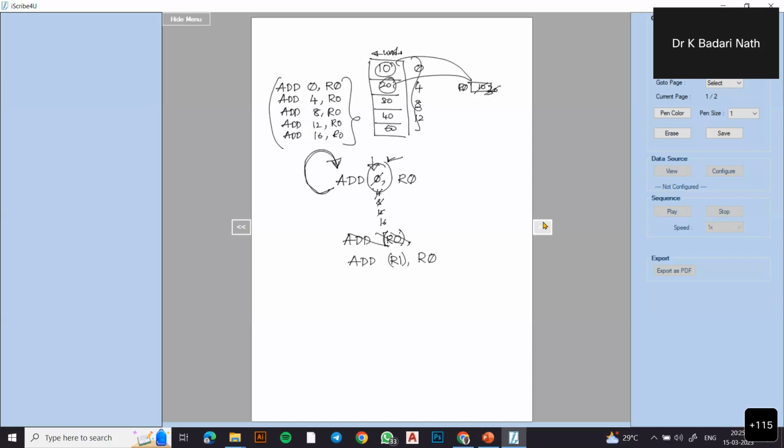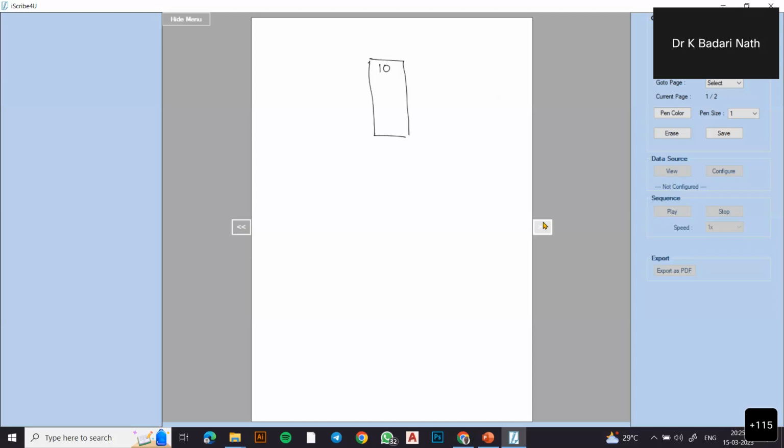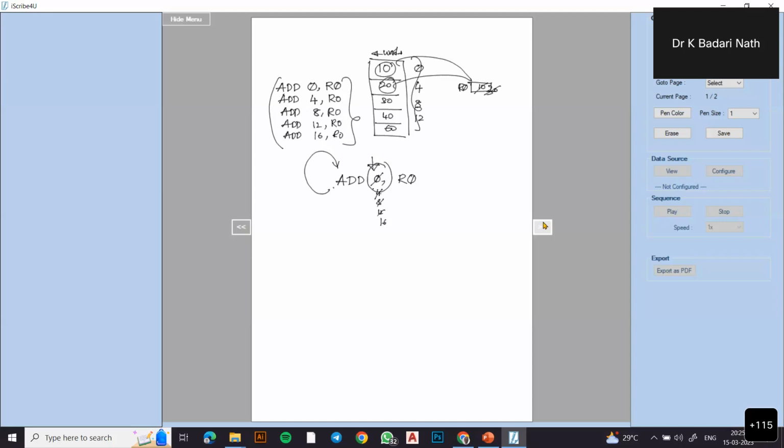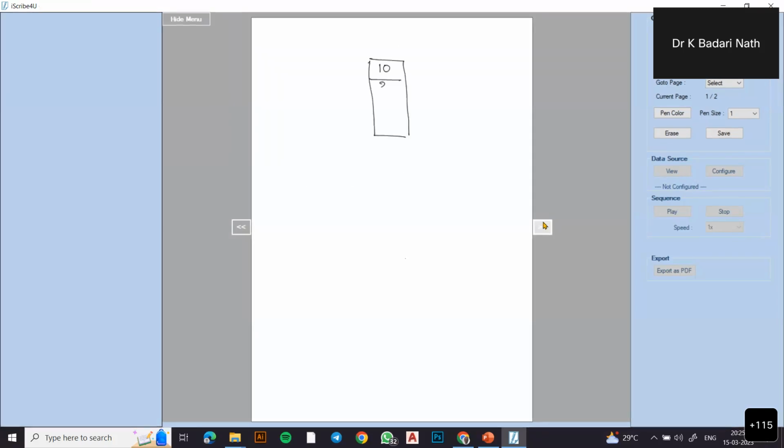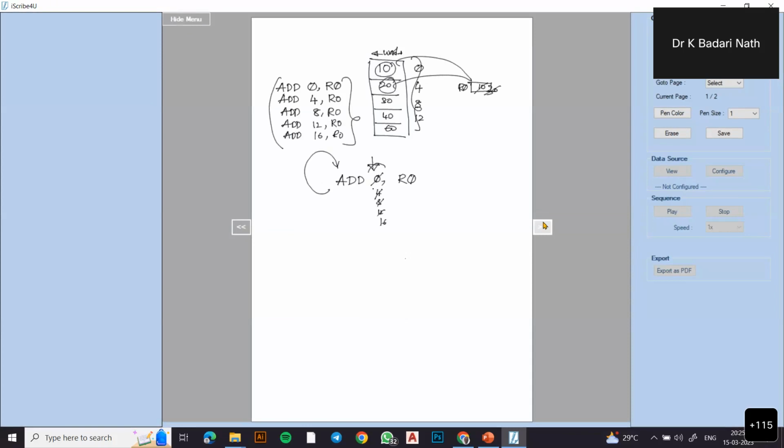So what is the meaning of this instruction here? When I execute this instruction, it is going to add the contents of R0 to the memory location. So R0, the contents is there, let's say 20 is there. I want to add to the memory location now. Whenever I say bracket around the R1, that means it is not the contents of R1 I'm adding. If I write directly add R1, R0, so what is the meaning of it? I'm directly adding,